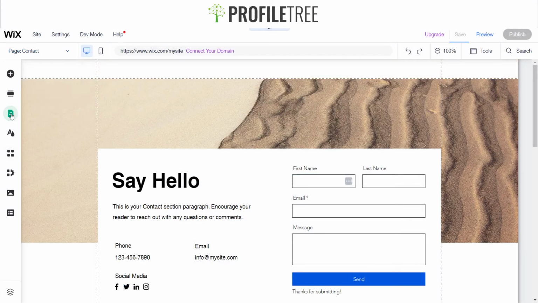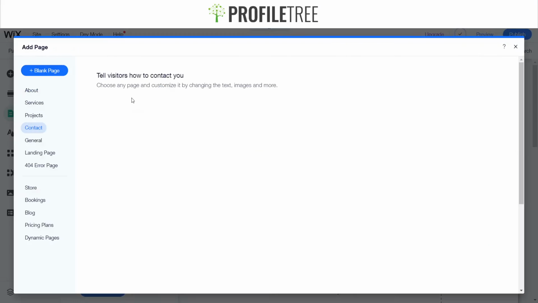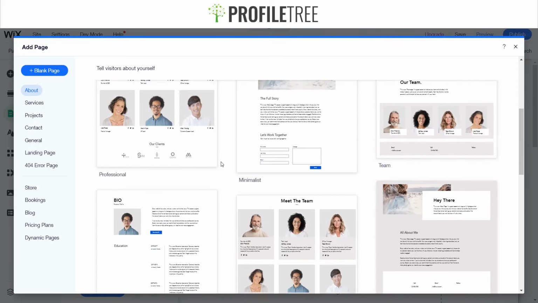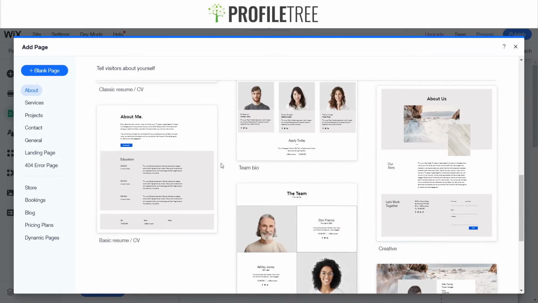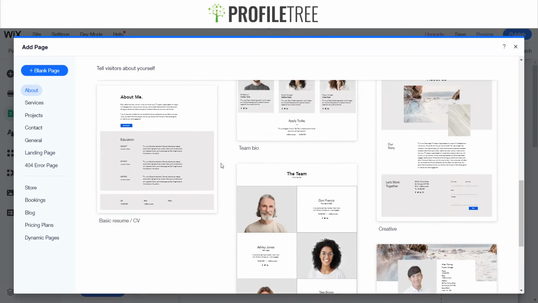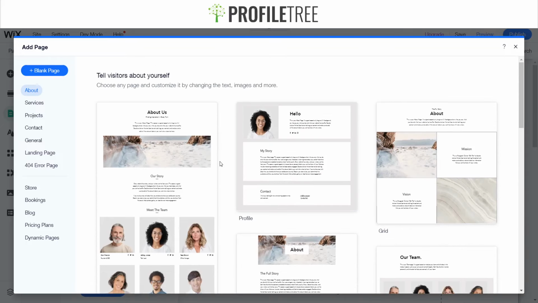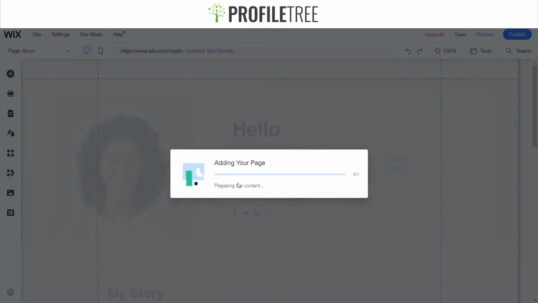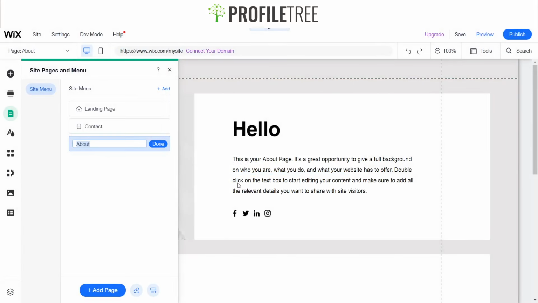Now I also want to add an about us page. I'm going to click on about and look at some of the templates that we have here. It looks like they've got a couple of templates. I'm going to pick maybe just something simple. Here we go. I'll click on this. So that's our about. There you go. We've got our landing page, we have a contact and about, and maybe some